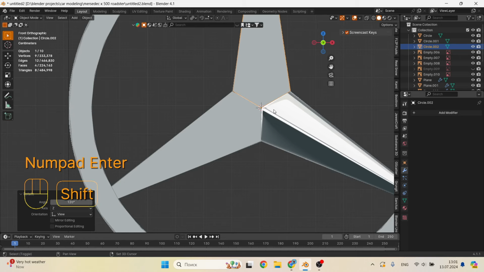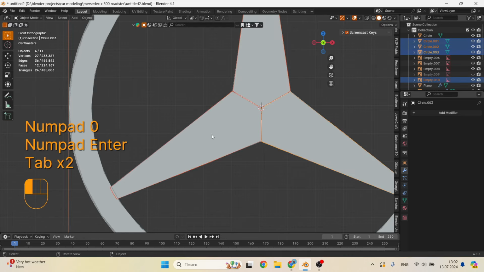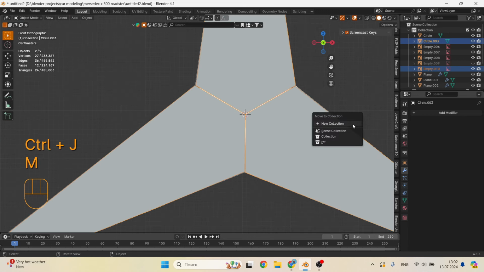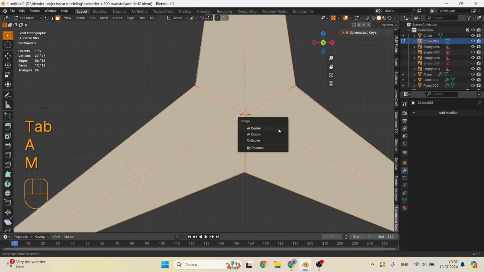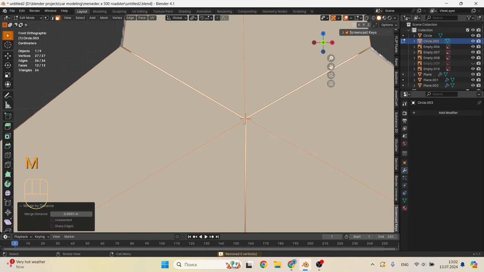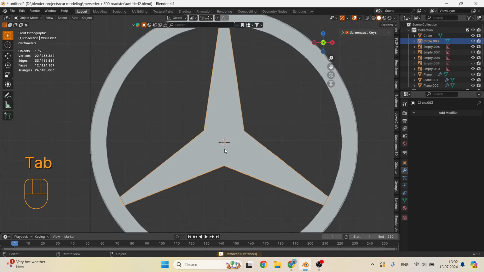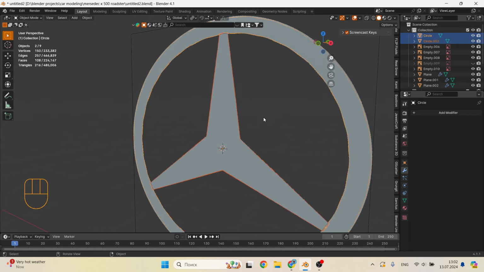And so when we have three parts, we need to combine them into one. This is easy to do. Select them and press the combination Ctrl J, and in order for the vertices to be combined with each other, you need to press M and use the Merge by Distance command, and in the window on the left, change the Merge Distance indicator to a slightly larger value. And whoosh, we are good.